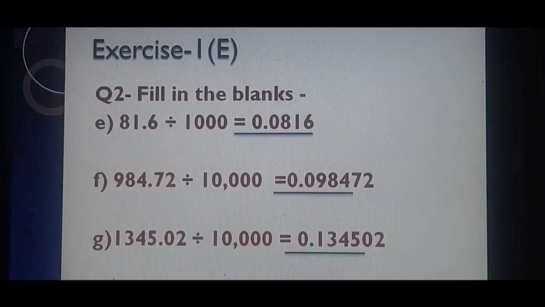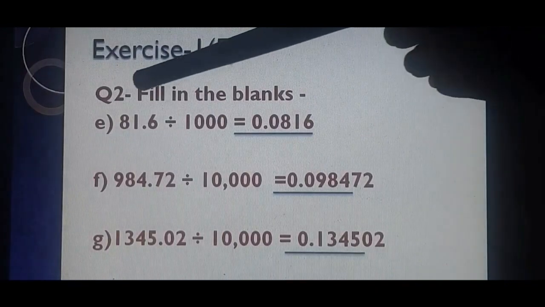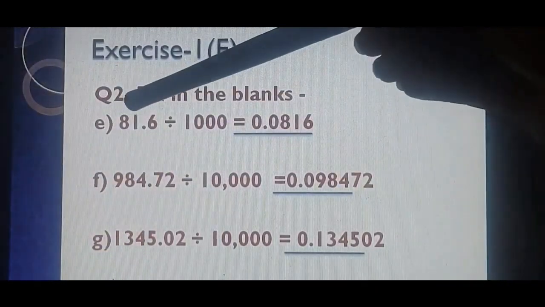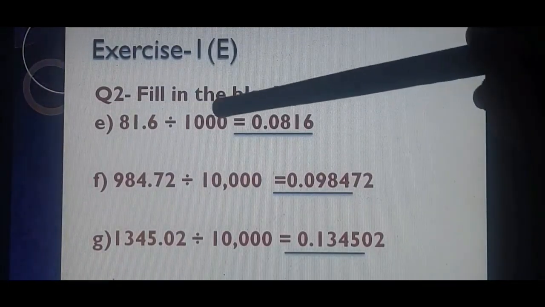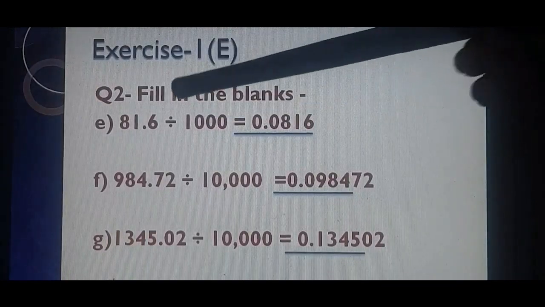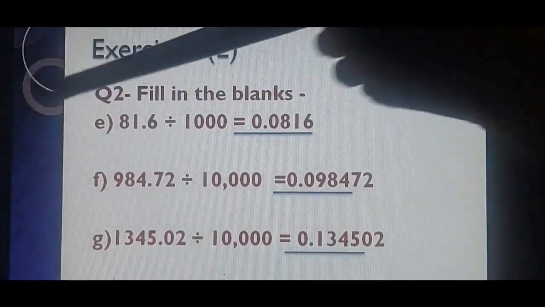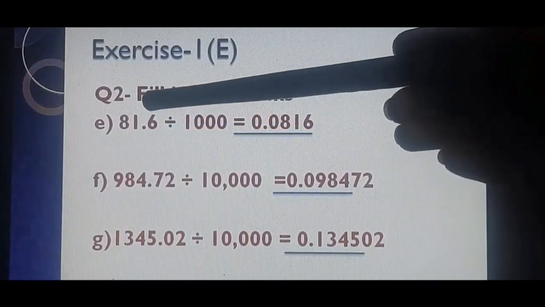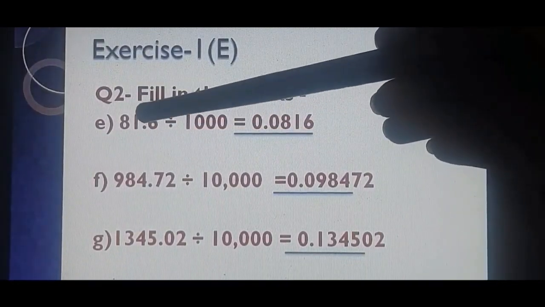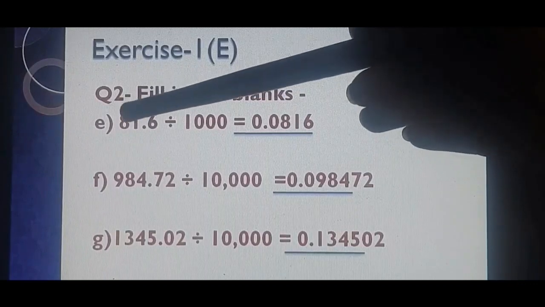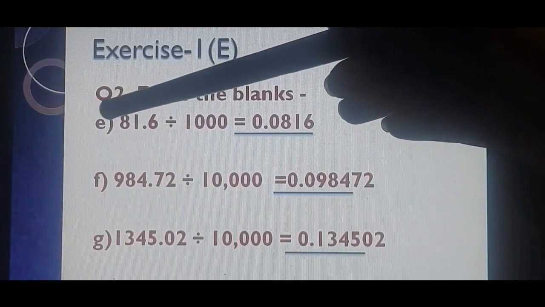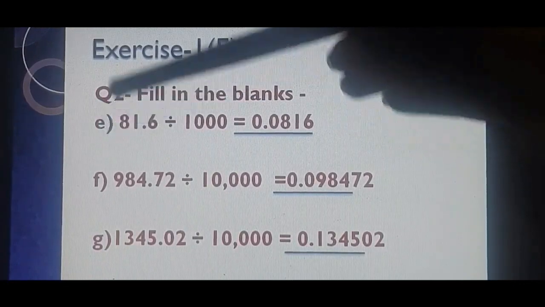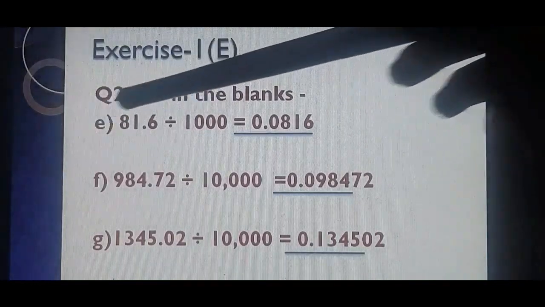Yes? Good. Now question number 2 was given. Exercise 1E. E, F and G parts. 81.6 divided by 1000. Oral we can do. 1, 2, 3 zeros are there. Division sign is there. Decimal will move backward. So when we are moving the decimal backward, it will move first here before 1, before 8. Now no digit is there. One more digit we want. So we will put 0 here. Then we will mark decimal. So our answer will become